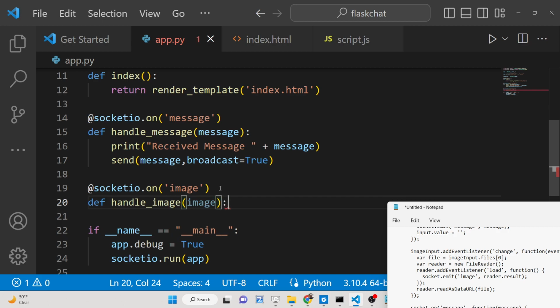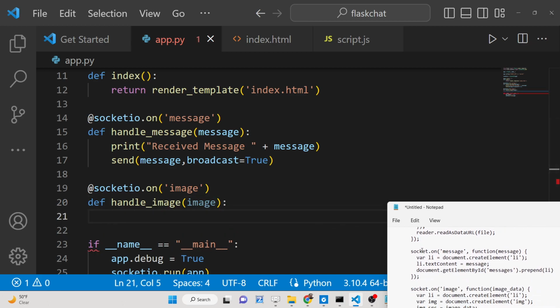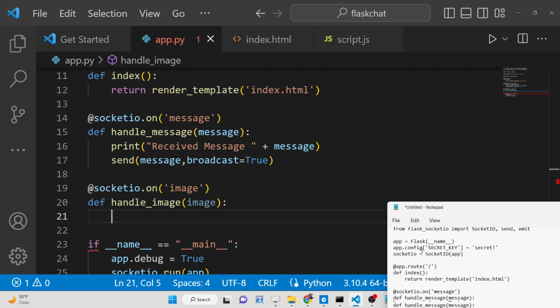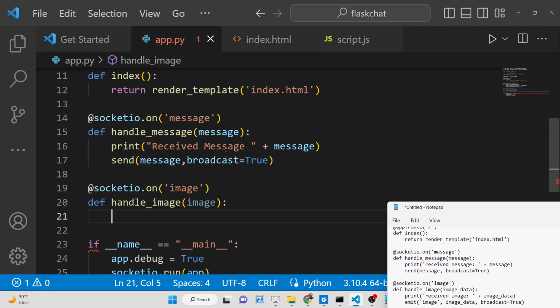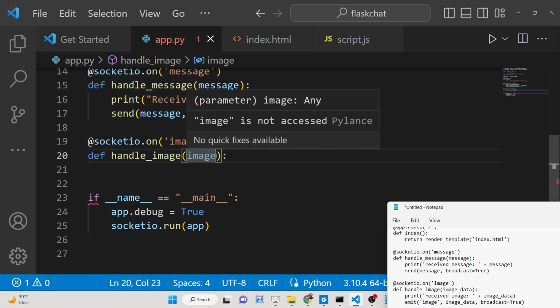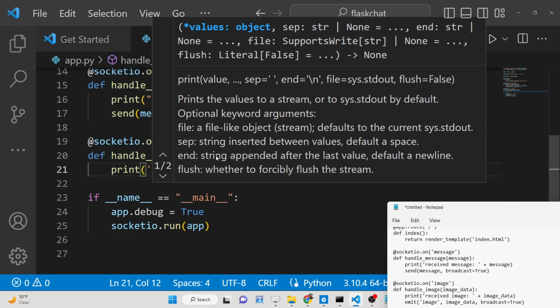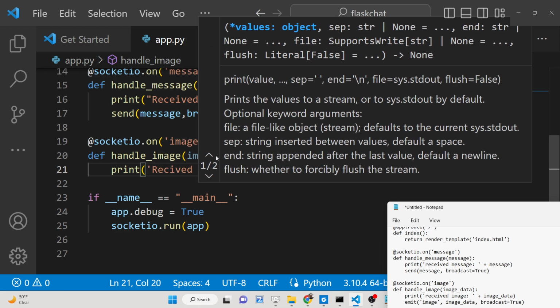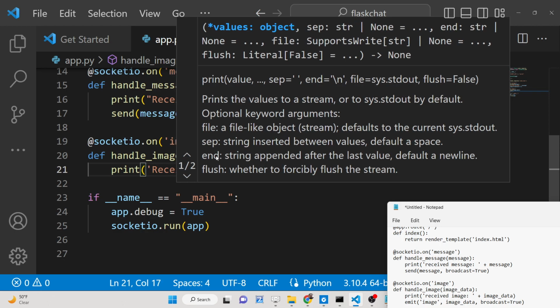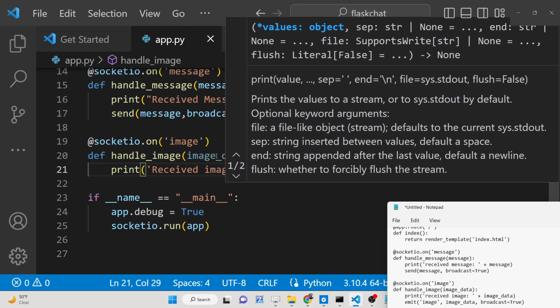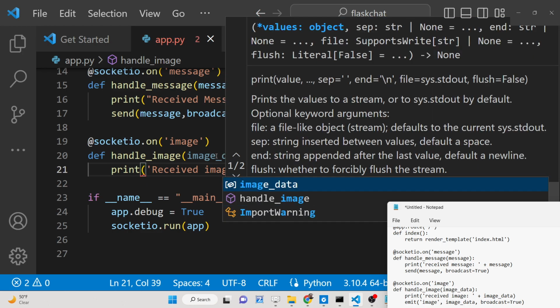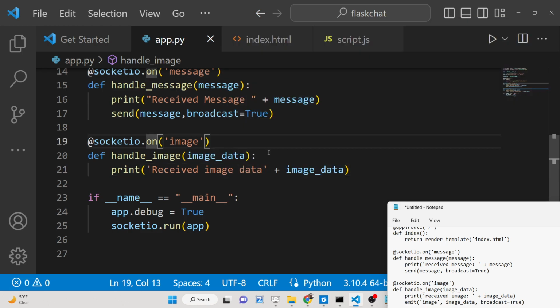We will be having this image right here. So what we need to do right here, guys, is call this image data, which is base64 data. For this, we can simply print out received message or received image data. Then we can concatenate image data. And now we just need to transfer this image data back to the client. So for emitting,